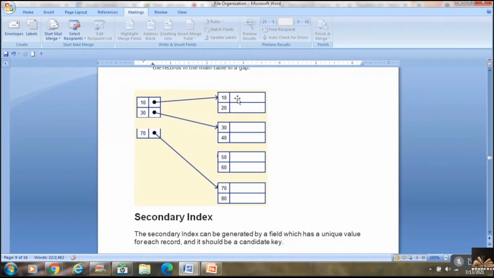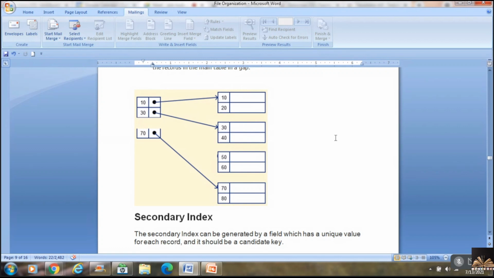Or if I'm looking for a key item called 15 or 35, I'll go with 35. 10 is pointing to 10 to 20 only, so I will not have the value 35 over there. Next, I look for 30. 30's address is pointing to 30 to 40. Maybe here I might find 35. So that way I'm going to work with dense and sparse indexing.